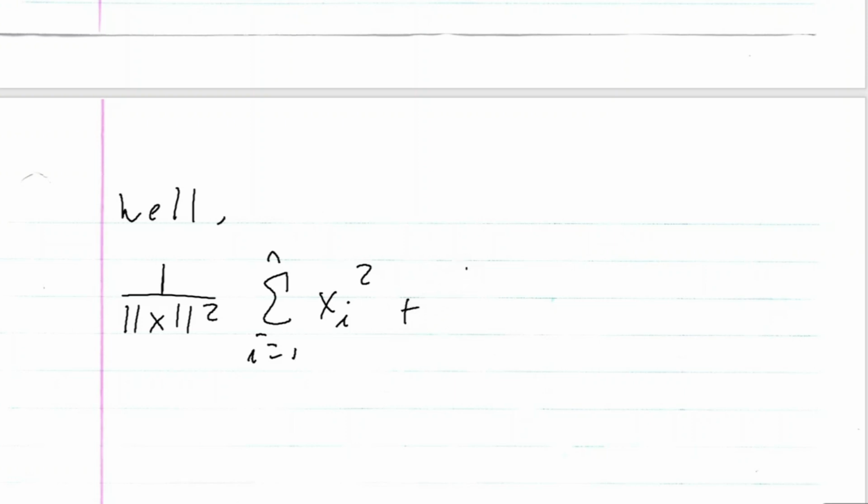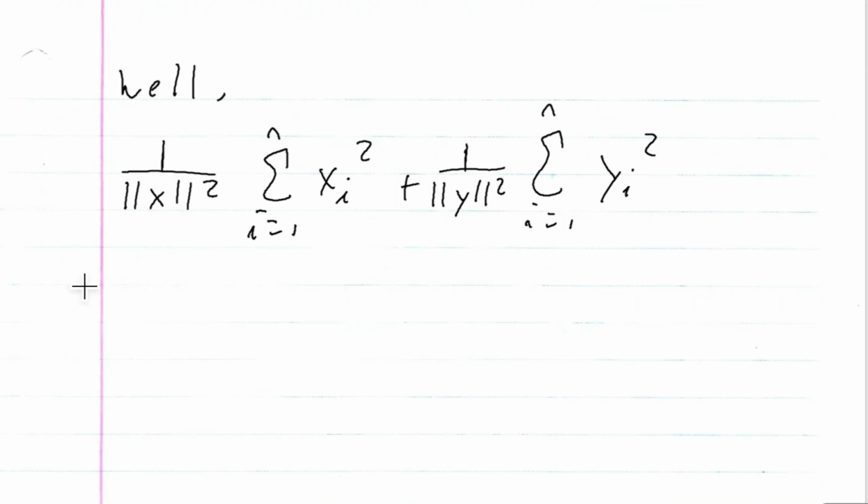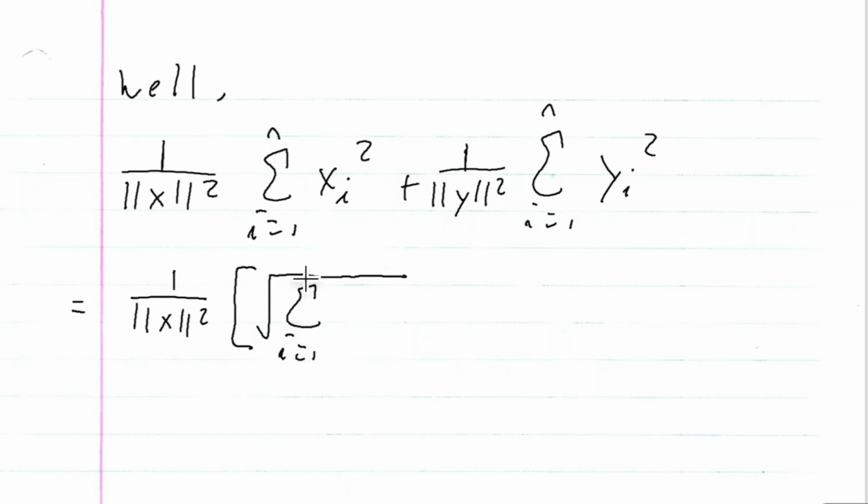We know that 1 over the norm of x squared times the sum from 1 to n of x sub i squared, plus 1 over the norm of y squared times the sum from 1 to n of y sub i squared, is the same thing as 1 over the norm of x squared times the square root of the sum from i equals 1 to n of x sub i squared,